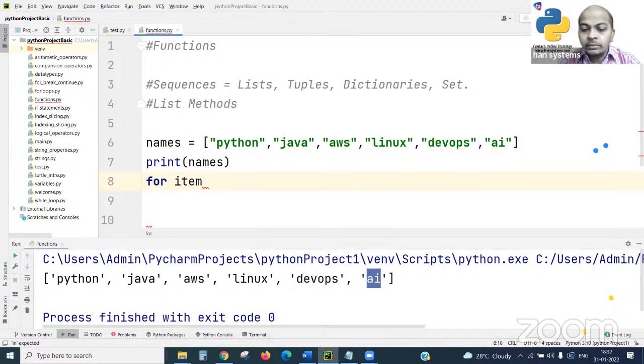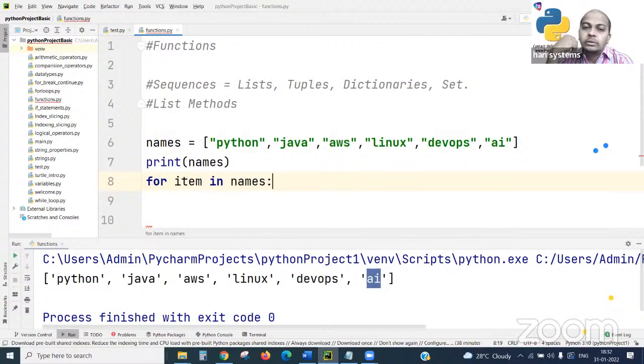So for item in, using the in operator. In is also like a reserved keyword in the Python programming language. So for item in, where do we need to read names from? For item in names means so many items are there. You don't see whether it's a string, an integer, a number, a date of birth, or a phone number. That way you don't see the list items or any data, which is dynamic data. You need to treat it as a small box, an object, or a small item.